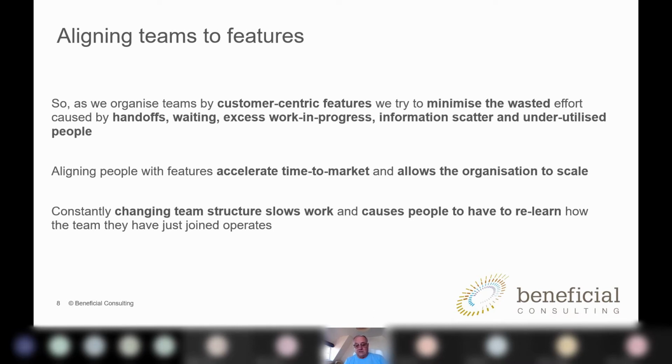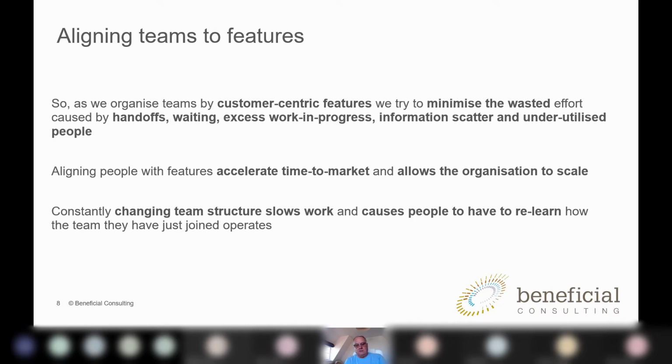Not all organizations need to scale. In fact, we all know that the first rule of scaling Agile is don't, right? So I think that when we start to think about how we deal with the way in which we construct the work going through the value stream, if you like, the delivery value stream, we've got to think about these pieces.